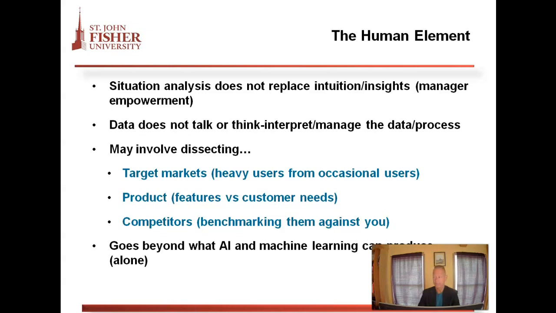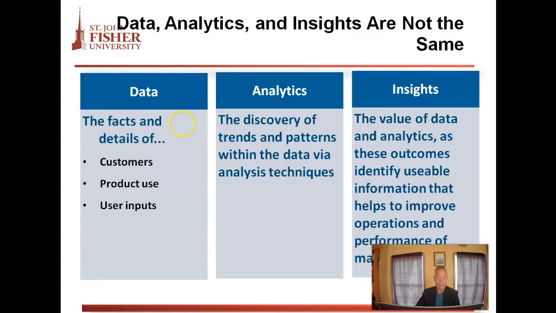And the human element would be conducting surveys, doing focus groups, understanding your target market, understanding your product features and benefits, testing your product's features and benefits, benchmarking your competition. So again, the human element is very important when it comes to marketing analytics and also marketing intelligence. We use AI all the time, and I'm sure you guys are going to be using AI when you're writing your paper and that type of thing. But again, it does not replace the human element.